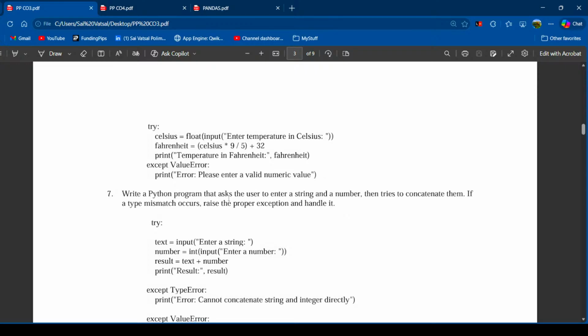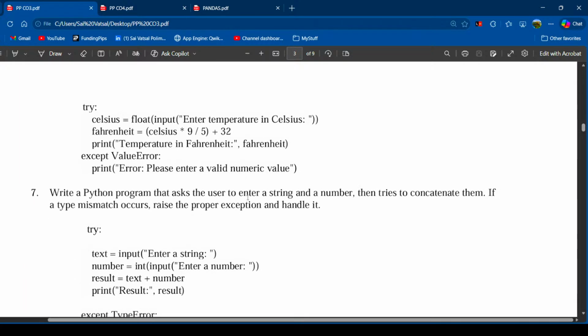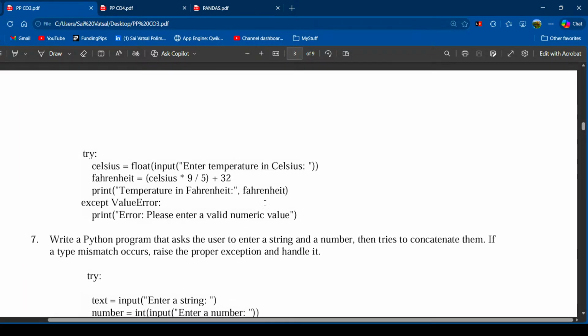So write a program that asks the user to enter a string and a number and tries to add. So first to use is Celsius and